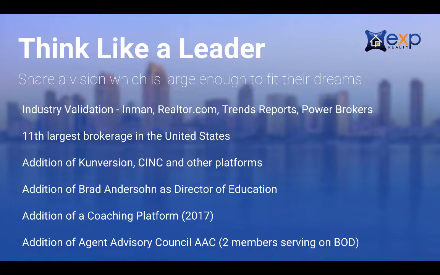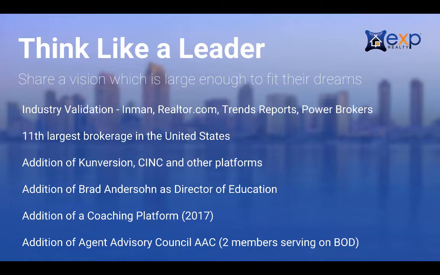The addition of our coaching platform. We've brought over someone who's in charge of building out our coaching platform, and we'll have that by the end of this year. Gives us the ability to talk to great people like Hank Avink, Debbie Renna Hines, and so many others, Valerie Easter, so many people who coach others to be able to come and have a coaching platform is phenomenal.